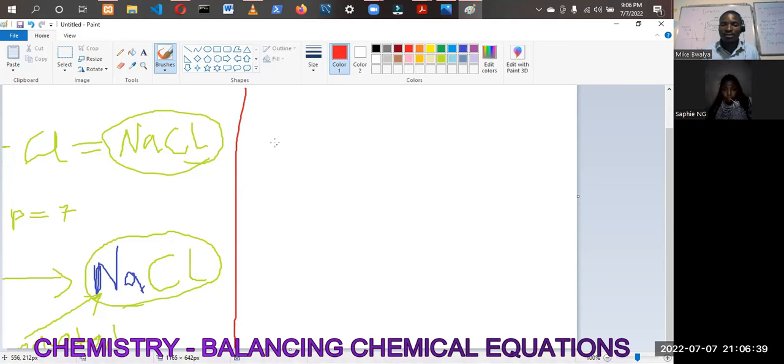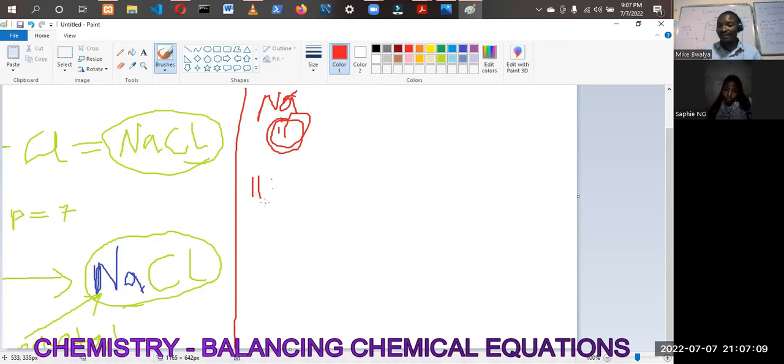So this sodium, whenever you're doing a chemical reaction, we always use this number. This number 11 is a number that you use to determine how many of the valences will take part in the chemical reaction. So this 11,